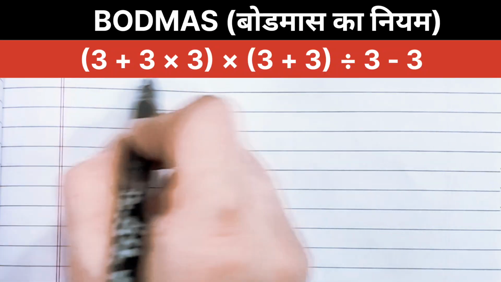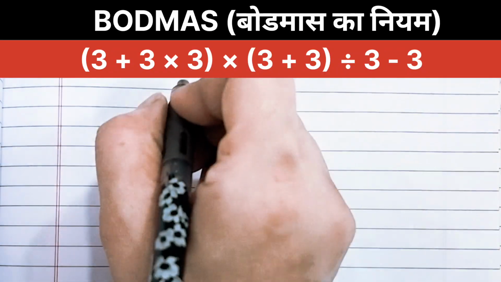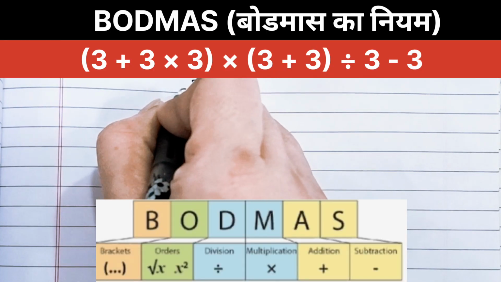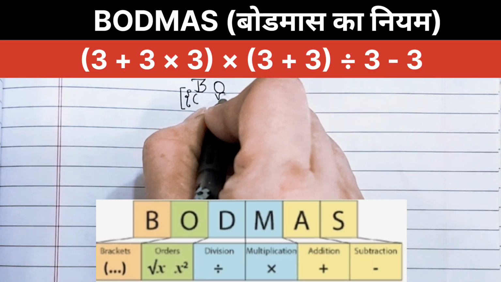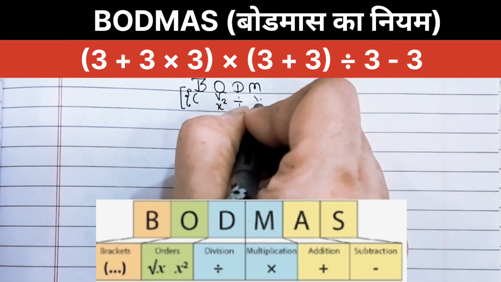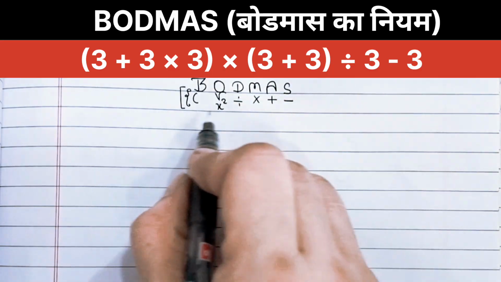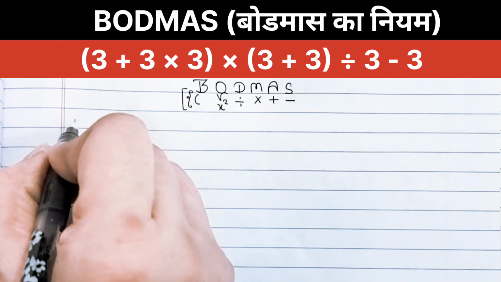Hello friends, now to solve this expression we follow the BODMAS rule, which dictates the order of operations. First we solve brackets: small bracket, curly bracket, then square bracket. O stands for order, or we convert into multiplication, we solve roots and exponents. D stands for division, M stands for multiplication, A stands for addition, S stands for subtraction. According to this BODMAS sequence, we'll break down this expression with a step-by-step solution.